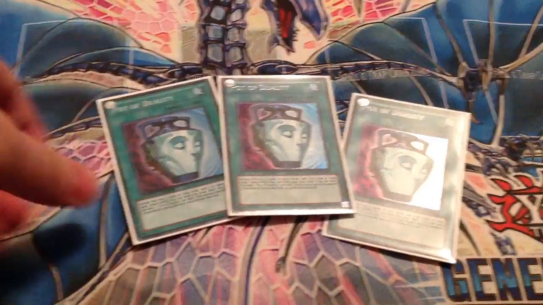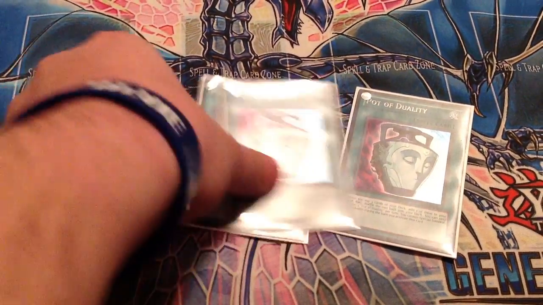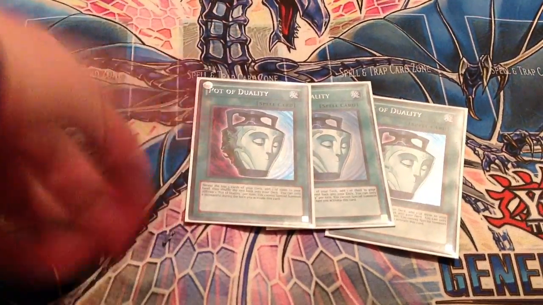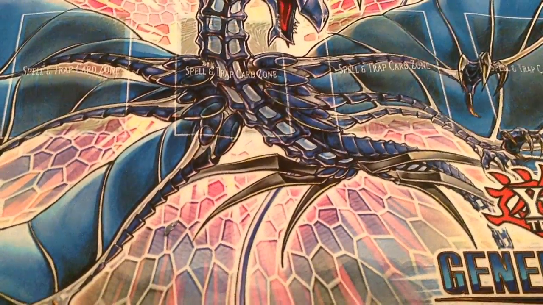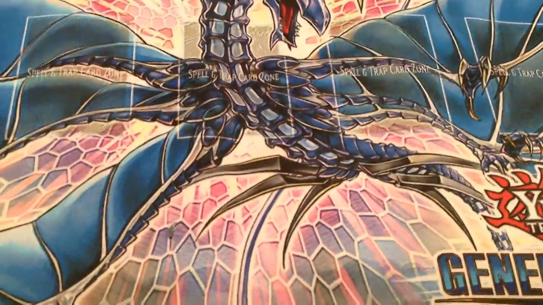Triple Pot of Duality, because there's not really much special summoning going on here. It's just Thrasher, and you really need to search out your Skill Drain as fast as possible, or whatever else you would need. So it's definitely a must to run 3. No reason not to. 1 Monster Reborn, 2 Mystical Space Typhoons,